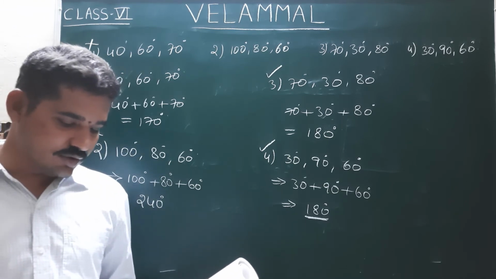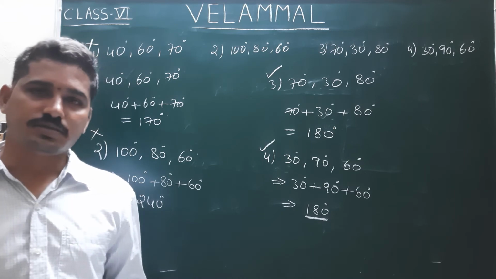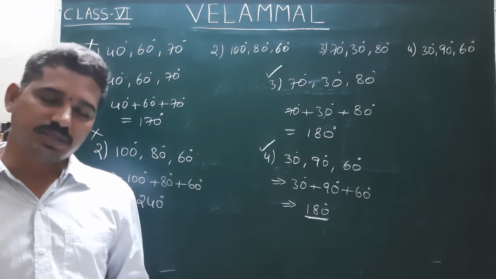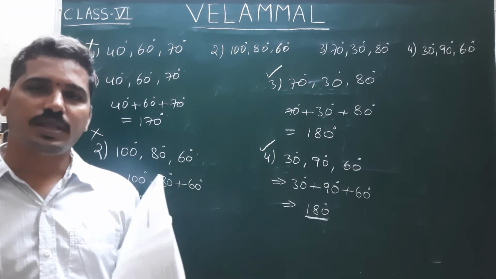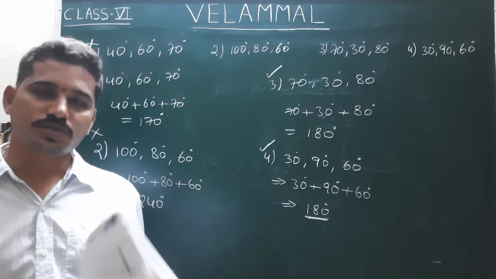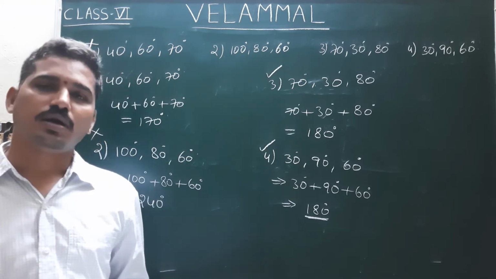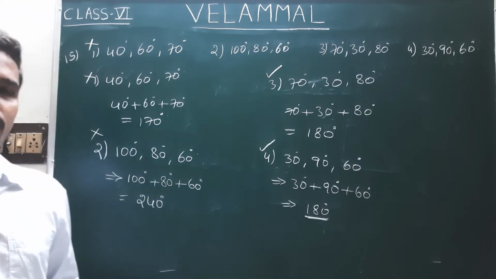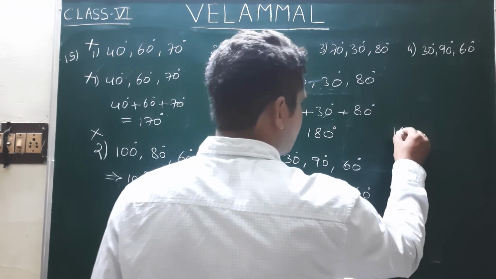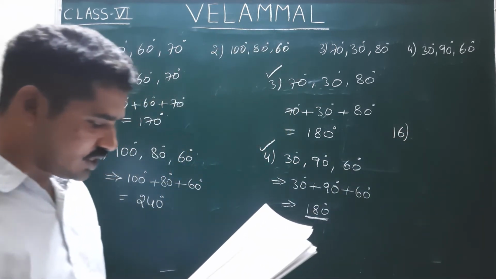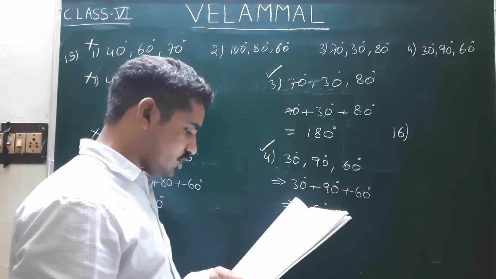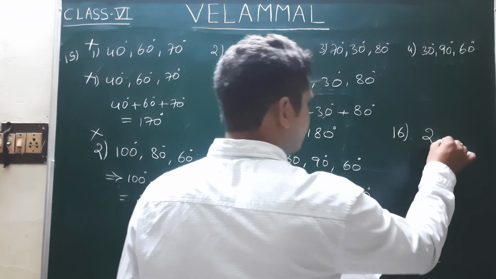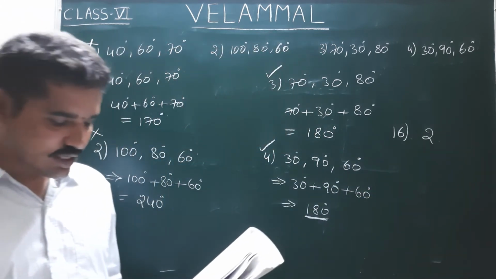16. Statement 2: A triangle must have three acute angles. The word "must" is given. There is no rule that there must be acute angles. One right angle also may be there, and one obtuse angle also can be there. So there is no rule to get exactly three acute angles. So statement 2 is also false. So for the 16th question, statement 1 is false and statement 2 is also false. By that, both the statements are false. We can take the second option for the 16th question.